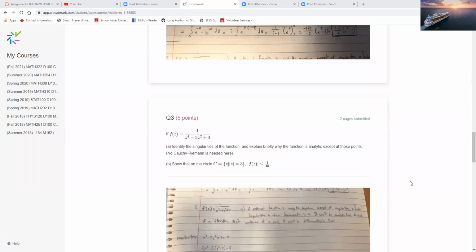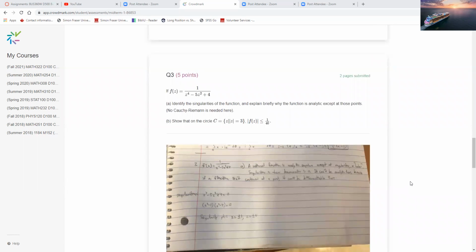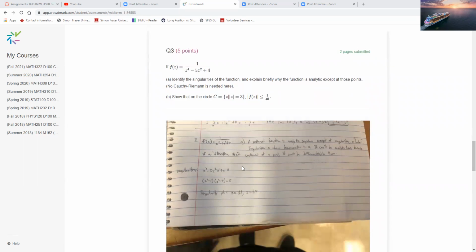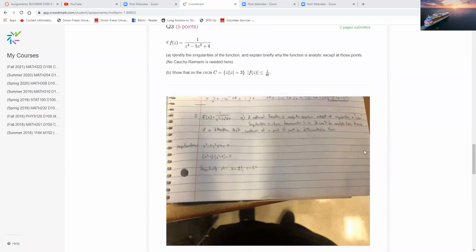For question 3, the singularities of a rational function are just where the denominator is 0. There's really not much to it. I learned that in class and I just remembered it. For the circle, for part B, I used something called a lemma, which is an upper bound for